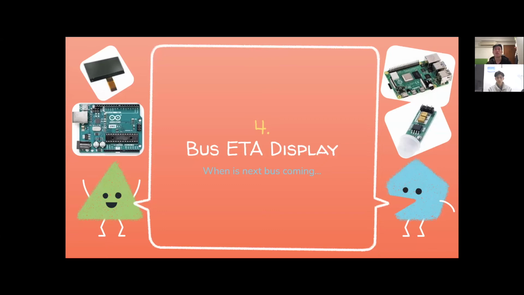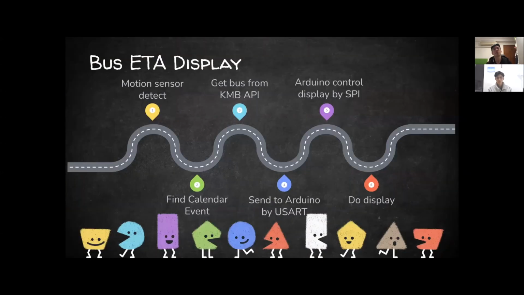Next, we'll introduce the bus ETA display, so we can know when the next bus is coming without looking at our phone and checking where we go. So how does it work? First, we detect motion with the motion sensor. Then we find the calendar event with Google Calendar, and we use the CAN-B API to